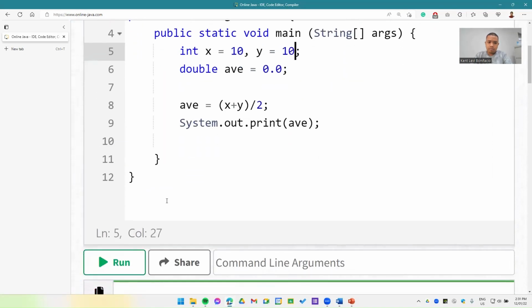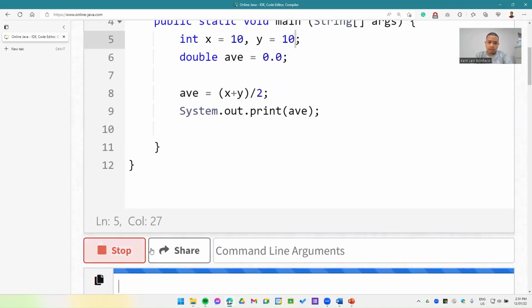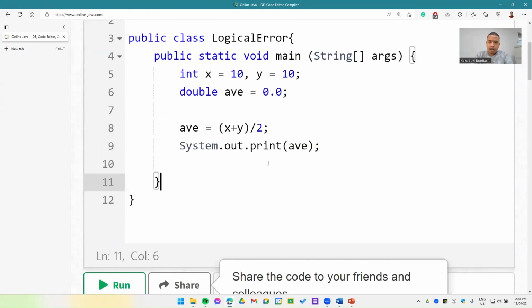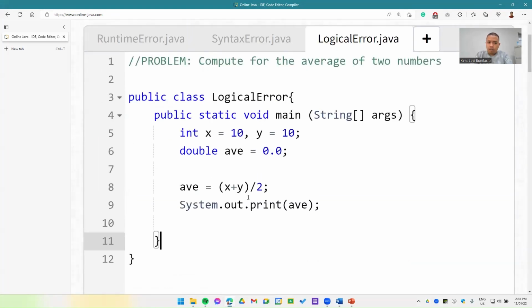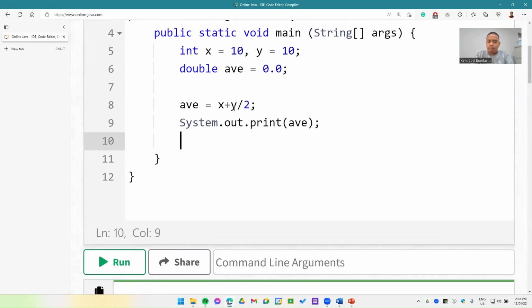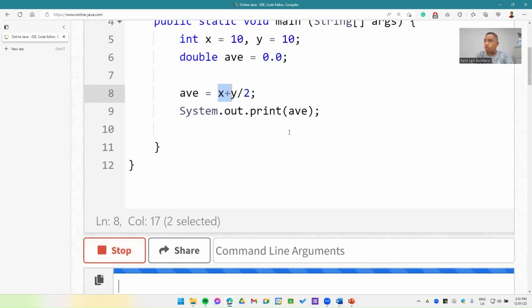So 10. 10 ang x, 10 ang y. Then you have x plus y divided by 2. Then you have 10. Okay? Now, let's try to have it on a tawag ani or to trigger a logical error. So, wala na ako gibutangan og parentheses. So, meaning, by precedence rule, that will be 10 divided by 2 plus 10. So, once we run the code, or we run our program,